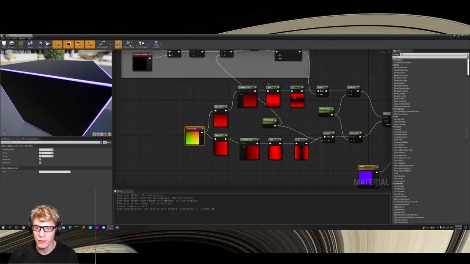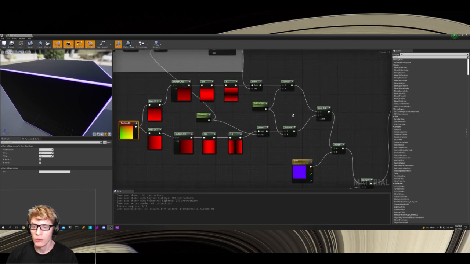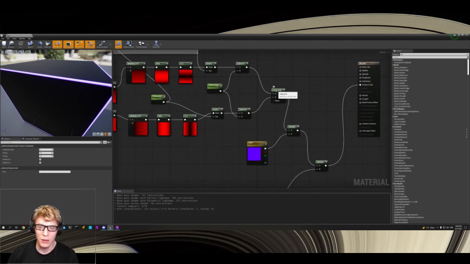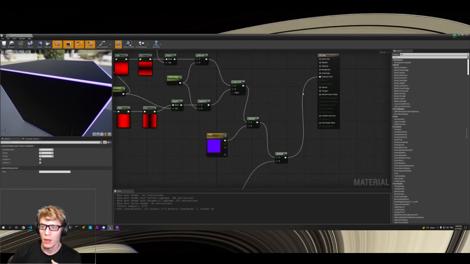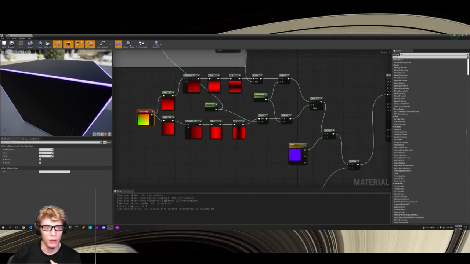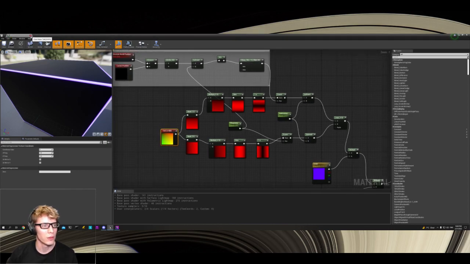It's really bright in the center and it's really dark in the center now, and then you're doing the same thing for the horizontal, so you have the vertical and the horizontal, and then you do some subtraction, some lerps between the two, multiplying it by whatever color you want, as well as the glow, so how emissive you want it to be, and then you pop that into the emissive color, and that's pretty much how this material works. And it's really smart, and I like it. Yeah, so that's the short rundown of how this material works